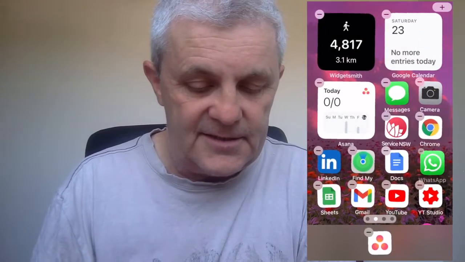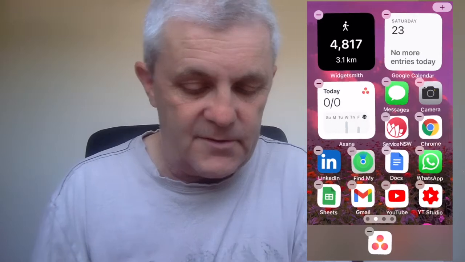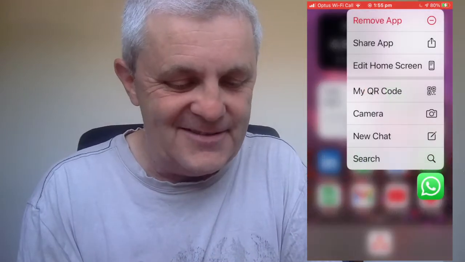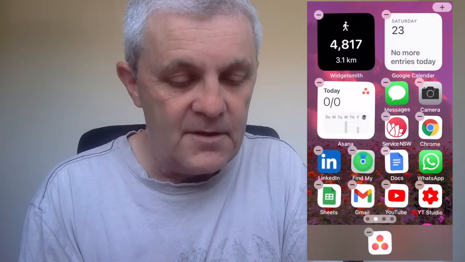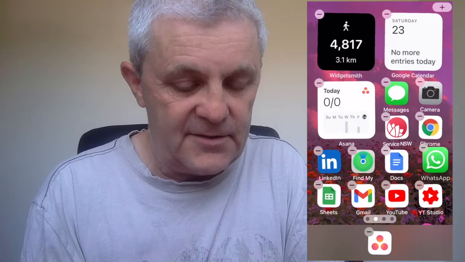Okay, but how do you work out which apps go on to this? Now, to put an app on, I press hard and you can see the minus sign, see them all shaking there, and then that allows me to drag it to wherever I want it. And then I press the home button, and then it is there. Now, there's no way that I want to keep WhatsApp there on my home page, so I'm going to take that off again. Because I can just click on Edit Home Screen, and then drag that off again.